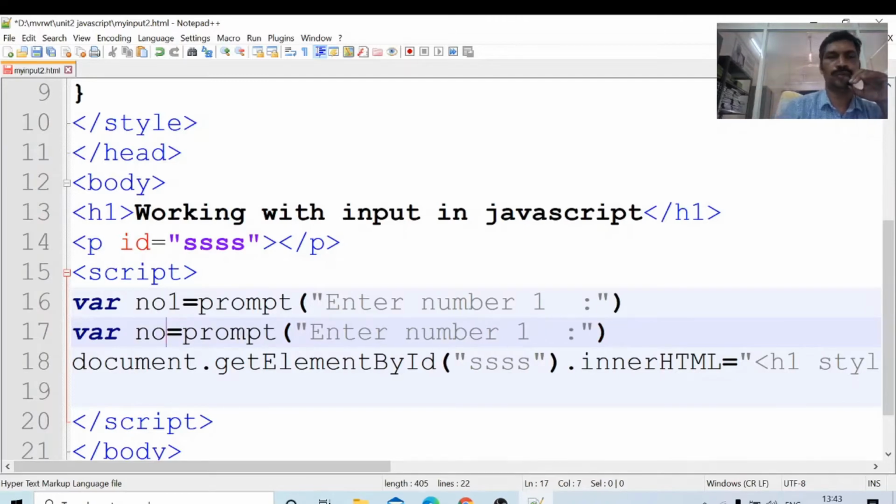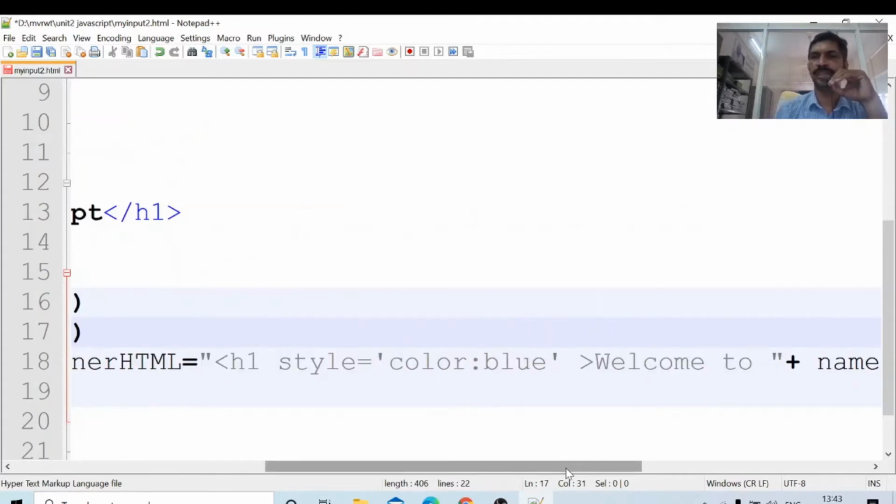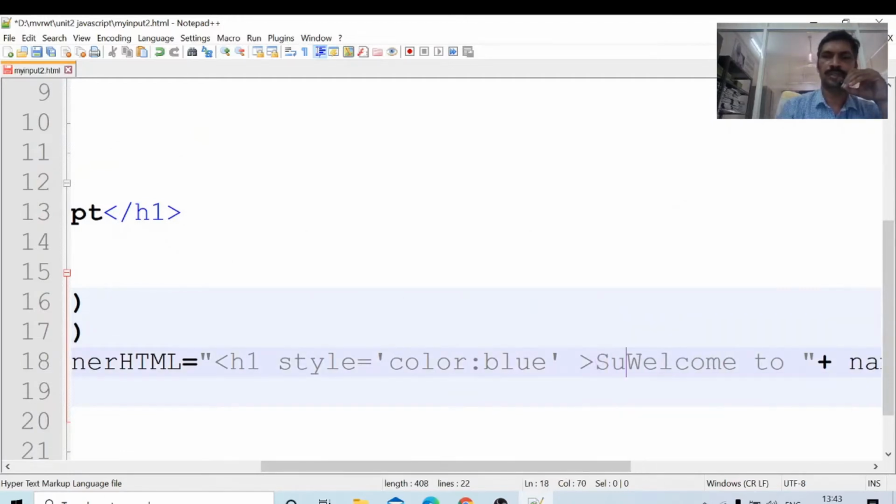NO2 equal to prompt, enter number 2. The prompt will appear for the second number after the first number is entered. Okay, innerHTML, I will write here: sum is, not welcome.